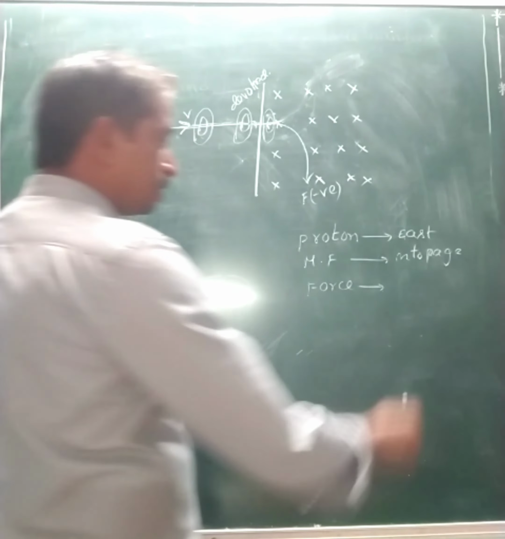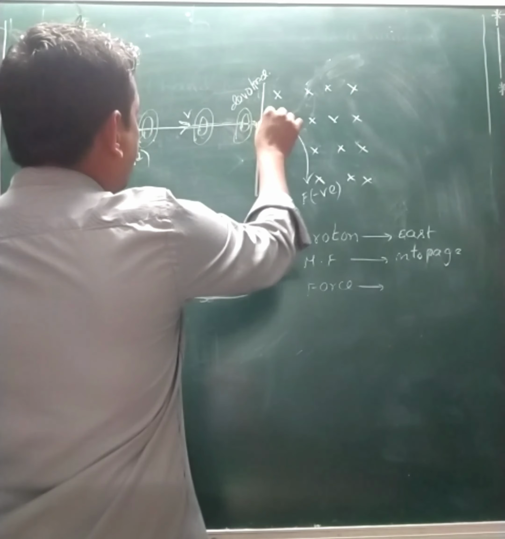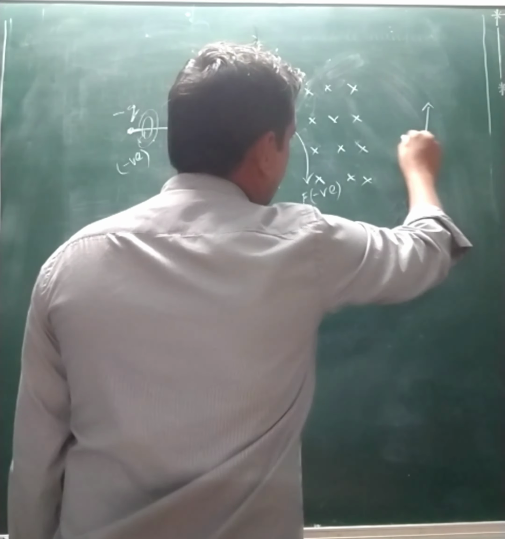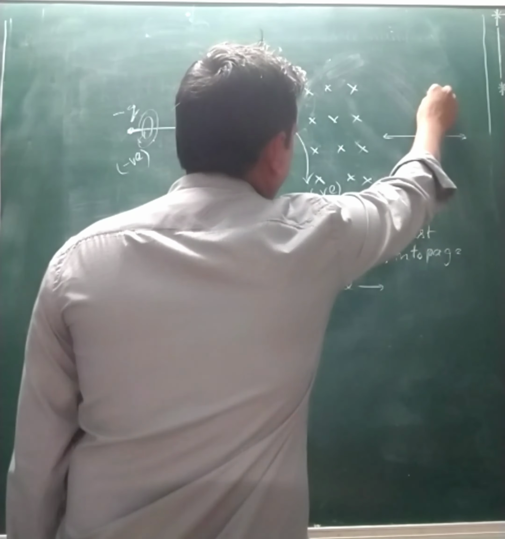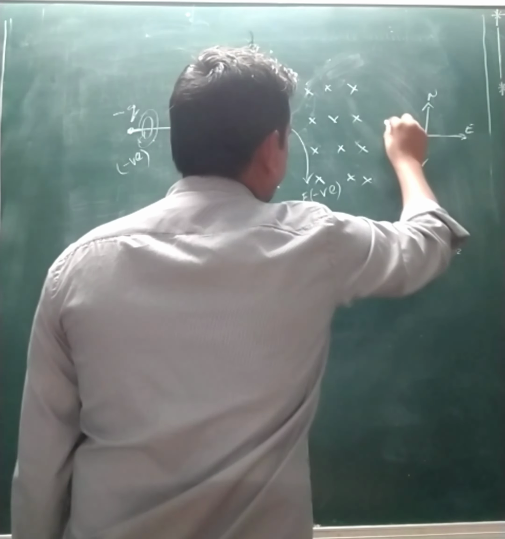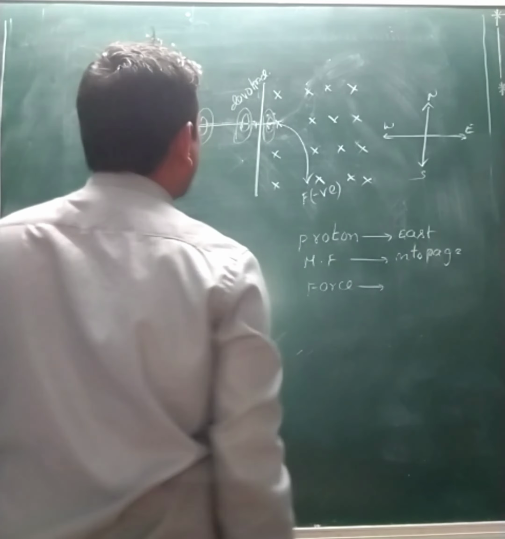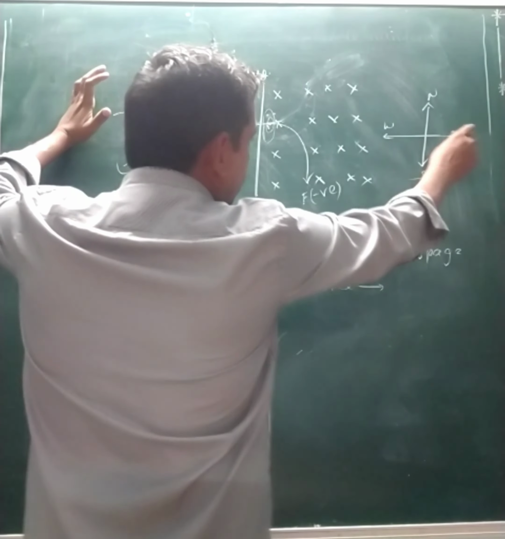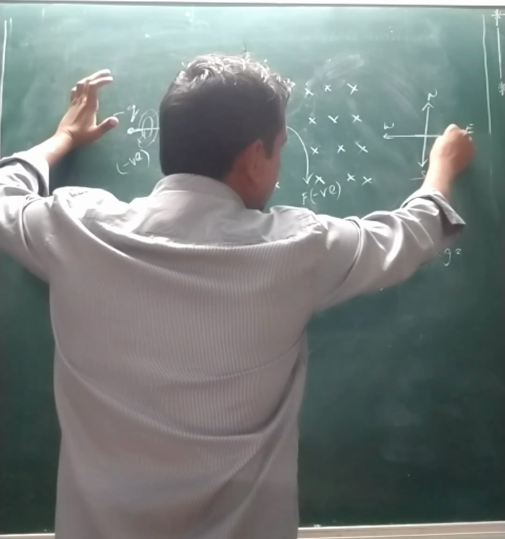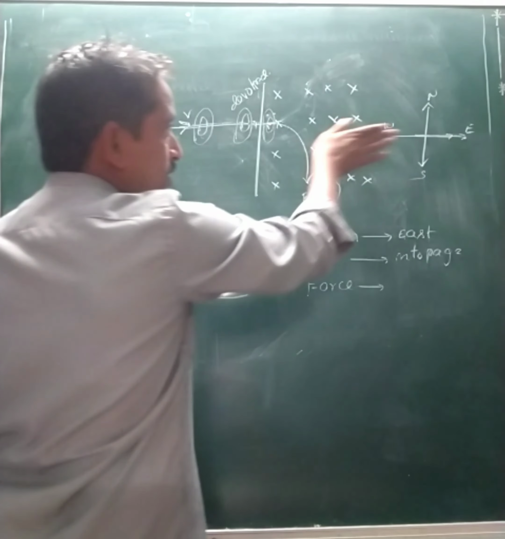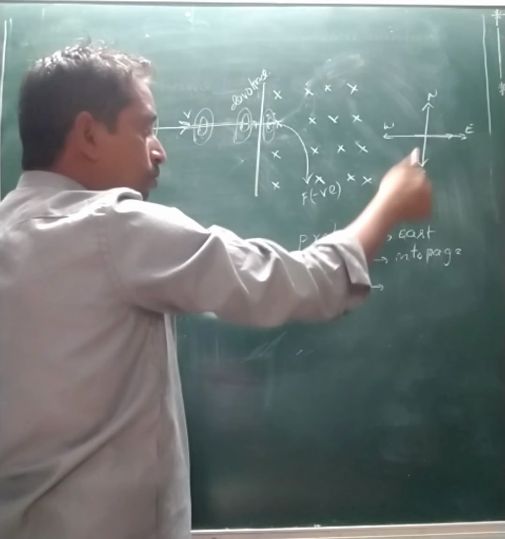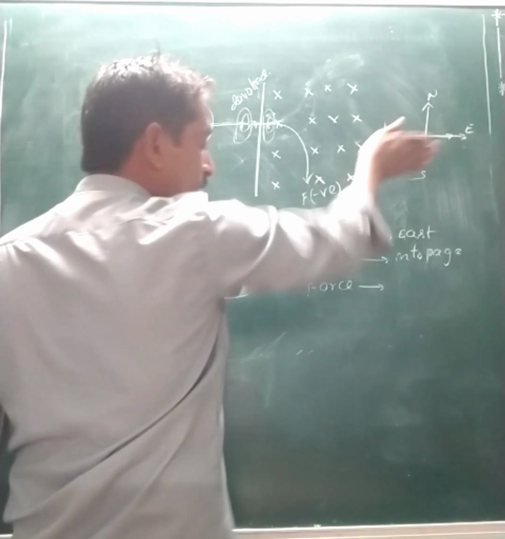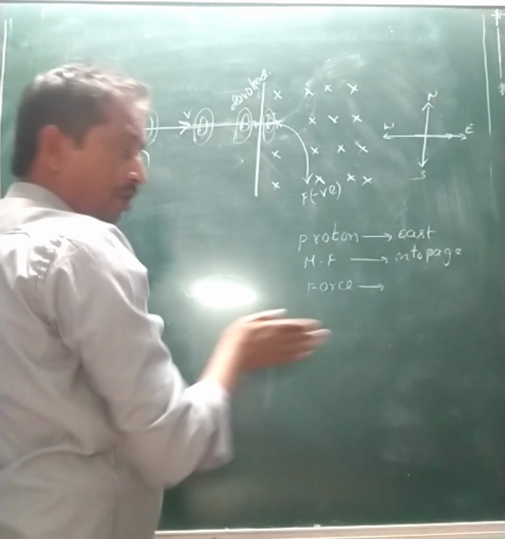Simple technique. Here also the same thing we are doing. So what direction is this moving? We can make it like this: north, east, west, south. So the charge is moving along the east direction, so it is going in this direction. Okay, understood? So first of all I apply like this. Next, it is into the page. Into the page means cross. Means it can be bent into the page, into the board also.